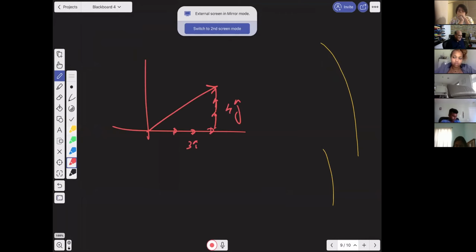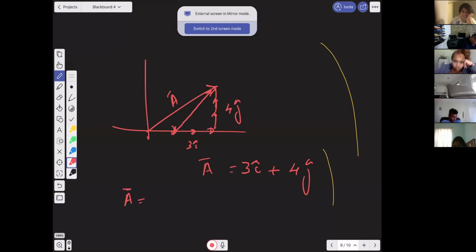Can you show me two vectors that I will sum? This is two vectors, 3i, I will sum with 4j, and I will obtain A. Can you please let me know about two vectors that you sum and you get A? Is this the only possible combination to obtain A? No, I can go 1i, and I go directly to here. So the vector A is 1i plus this vector,